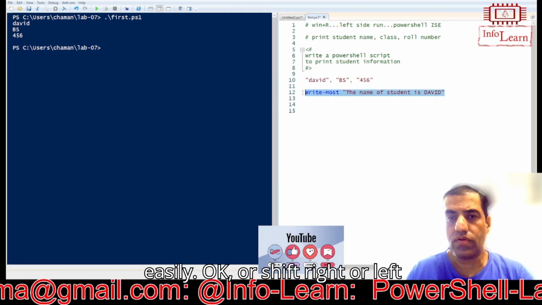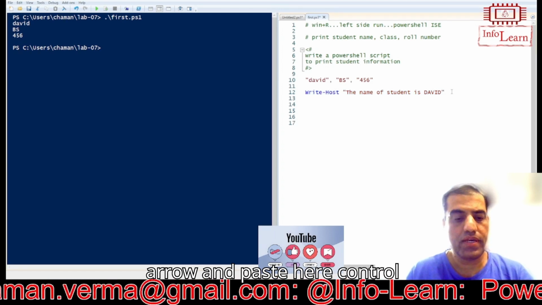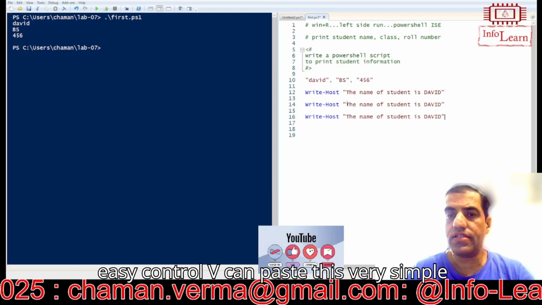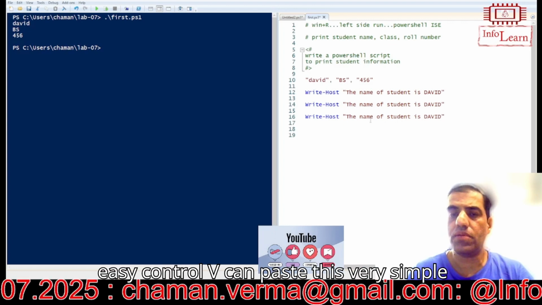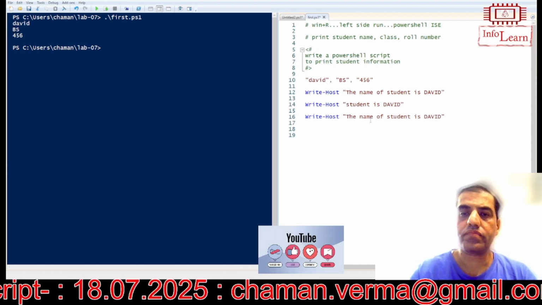mouse very easily, or use shift with the right or left arrow, and paste here with Control V. Okay, can you see how easy it is? Control V can paste. This is very simple scripting. Okay, and now